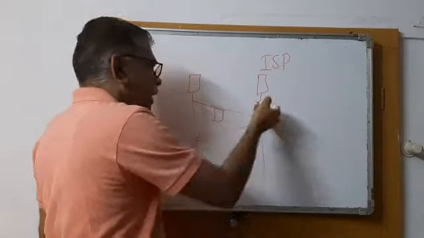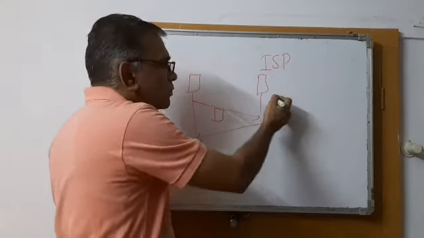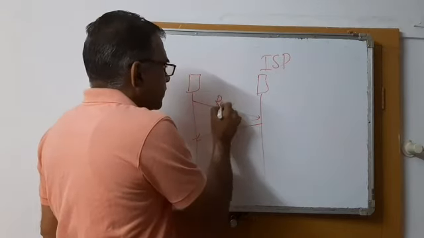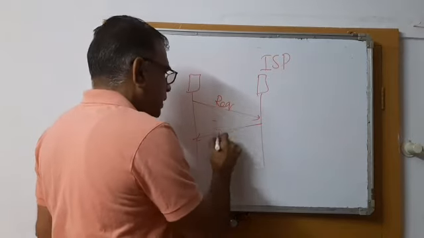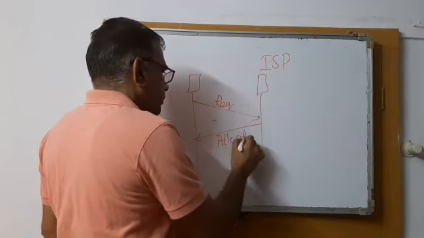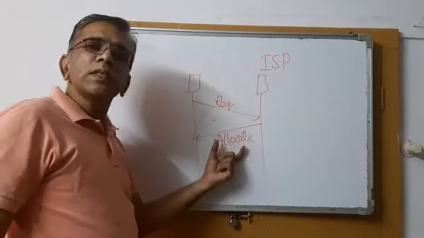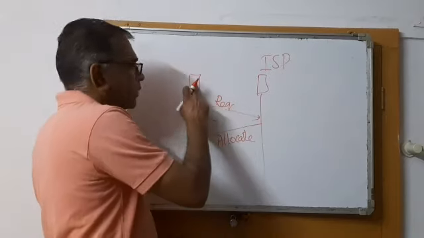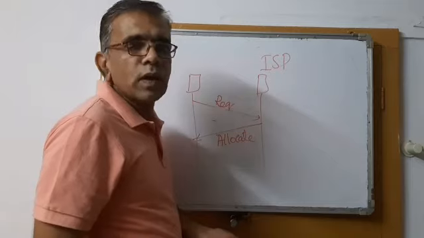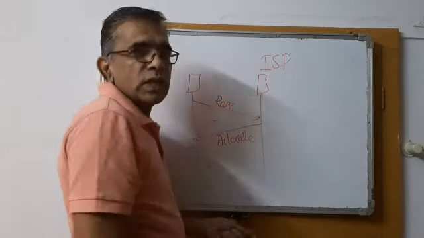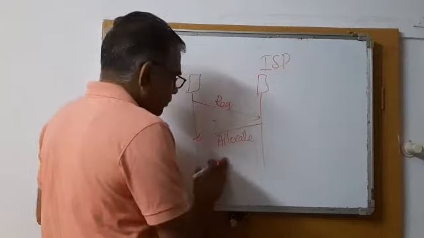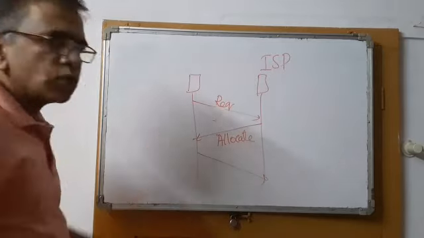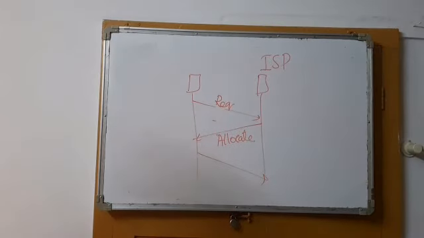If it has an available IP address which is free, it allocates it. And for how much time this IP address is allocated is also specified here. In case a device wants to use this IP address for a longer period, it has to refresh that information. Then the device will be allocated the IP address. Thereafter, the moment it completes the task, it has to relinquish the IP address. So this is how DHCP works.